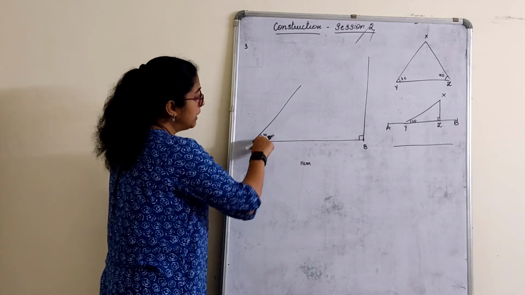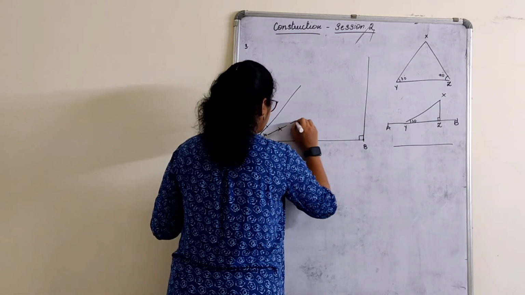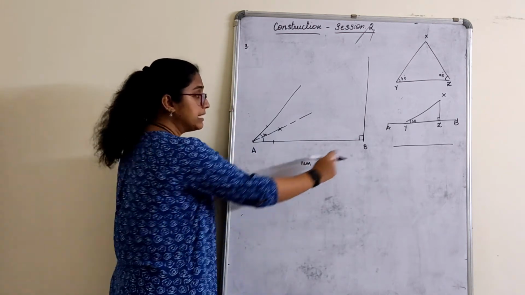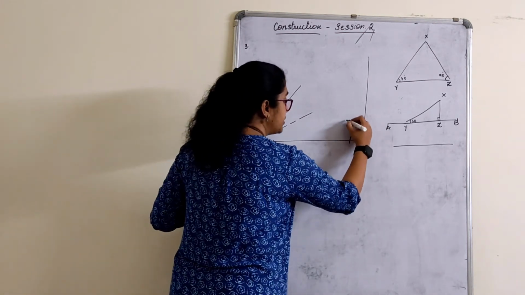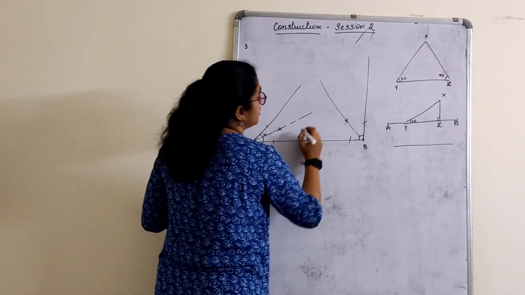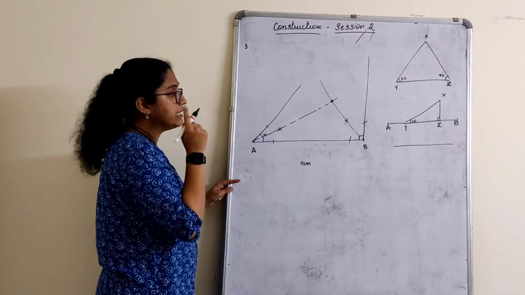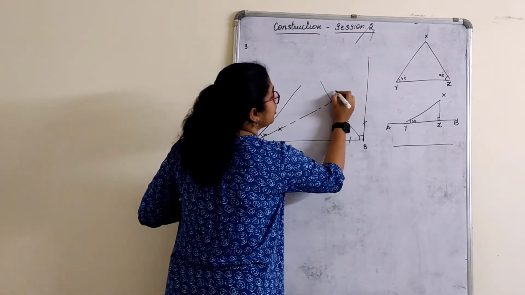After doing that, angular bisectors of this, we draw for 30. Angular bisector for this we draw. Now how do you draw? You know that. Okay. After doing that, make sure that these two will meet at a point, and that point is your X point.